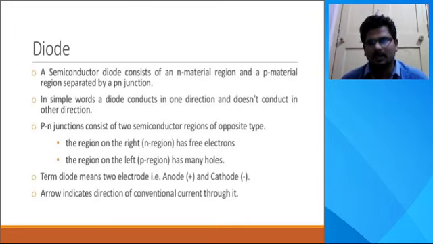We will see how the depletion region forms. We will also see what the reaction of the electron and hole ions is when we apply the bias voltage in the forward direction and in the reverse direction. We will see that in the next slides. The arrow marks which we show in the next slides indicate the conventional current passing through it.